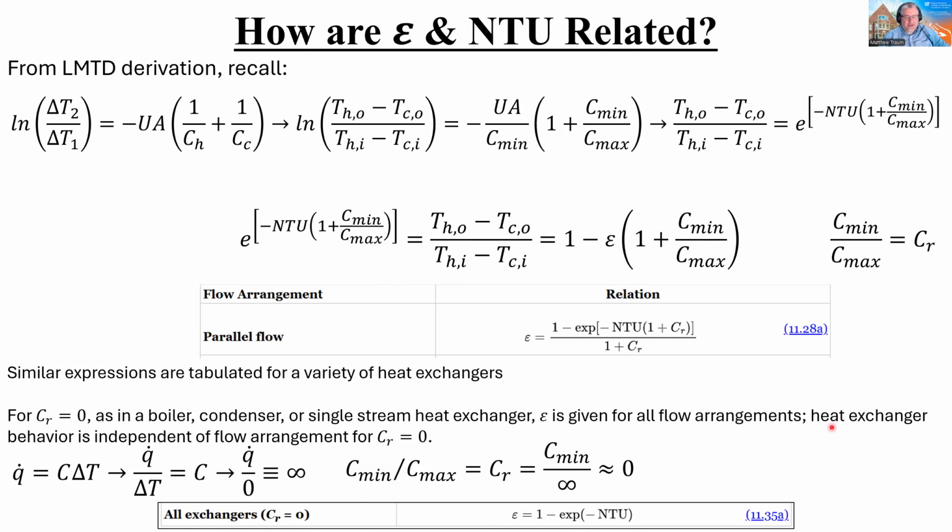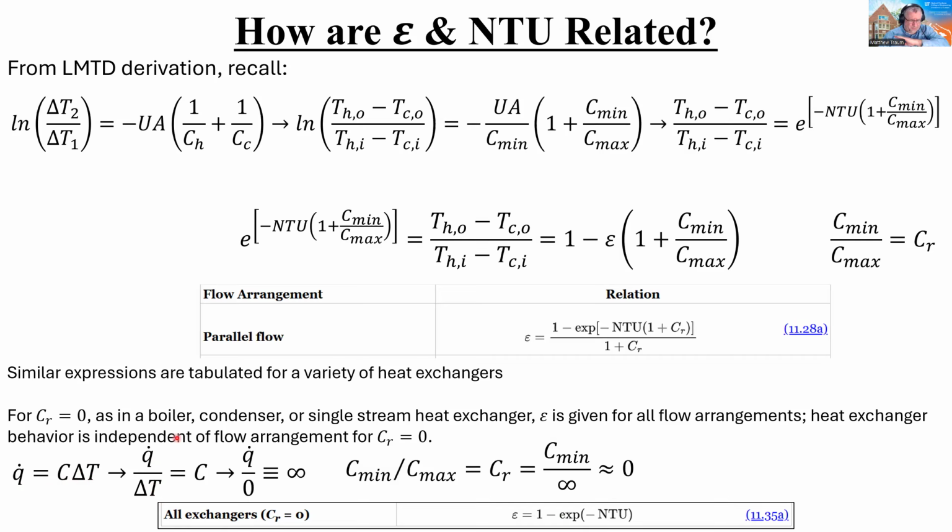But how in the heck do you get CR equals 0? Well, the way it comes about is if you look back into what's actually happening relative to the heat transfer between the two streams, the hot stream and the cold stream. What is the heat transfer? It's just the heat capacity times the temperature difference. And so if I rearrange this so that I'm solving for the heat capacity, it's just Q dot over delta T. But the change in temperature along one of these